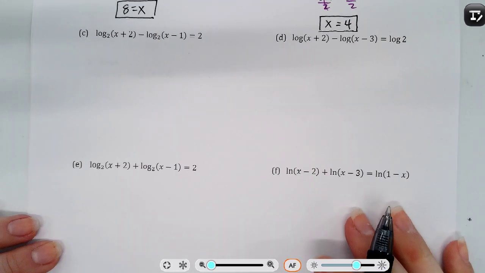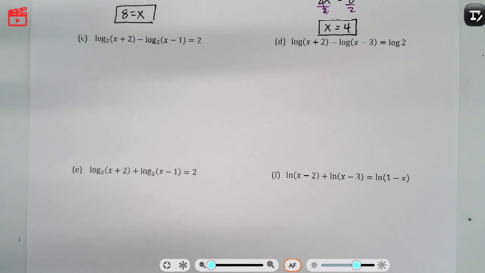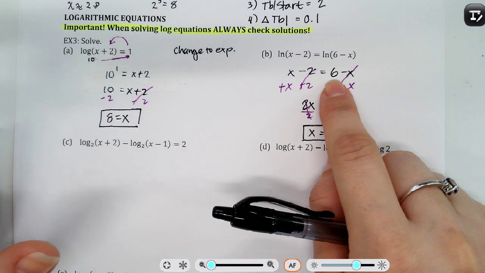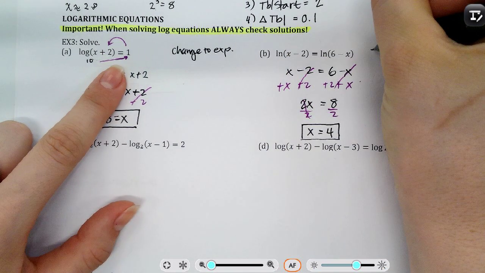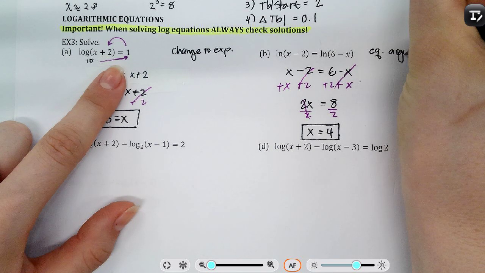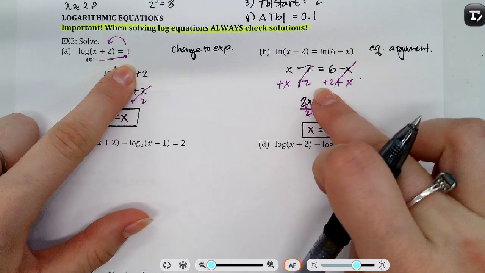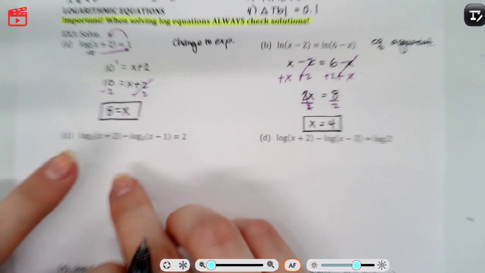All right, next one, C. All right, ooh. Okay, now this one's different. The previous ones, these are our two main tactics, by the way, for logarithms. One way, you change to exponential. Second way, equate the arguments. So equate arguments. These are basically the two main tactics you'll use for solving logarithms. If you can't do this form, try for this form. If you can't do this form, try for this form. Okay, so at the moment, this